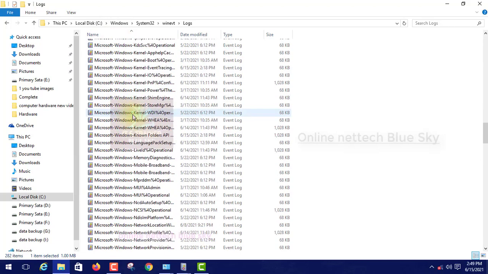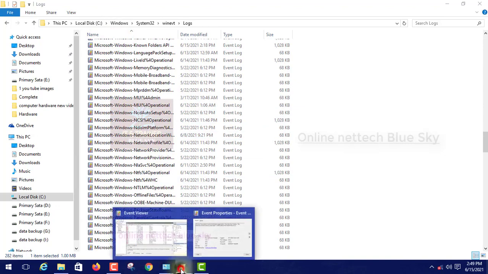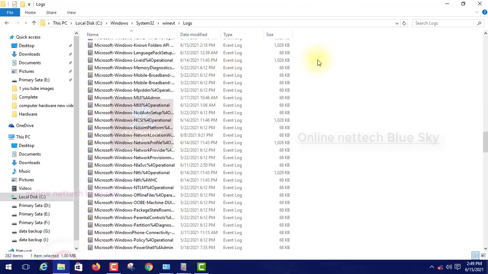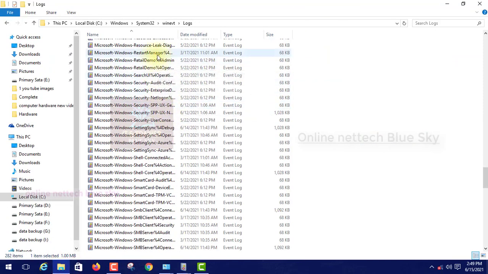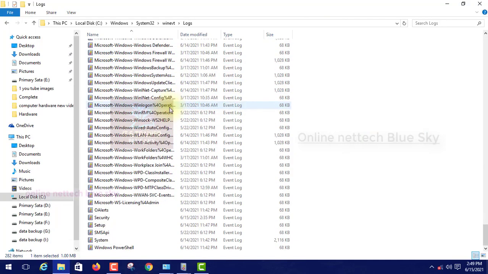Okay, and we want to find system related logs. So you can see and find your system related logs, security and system, everything.